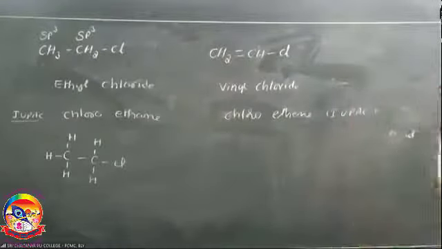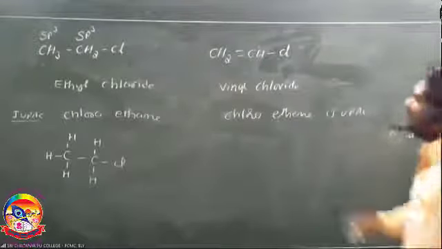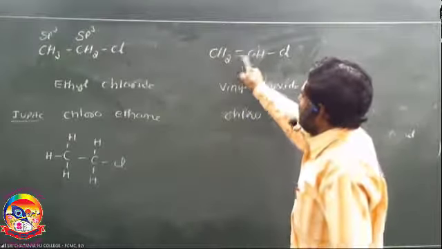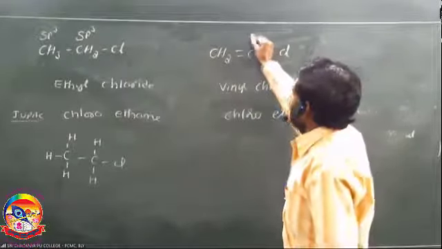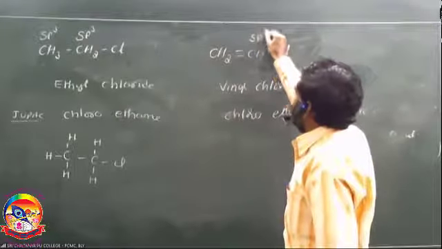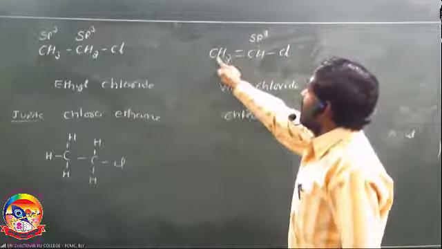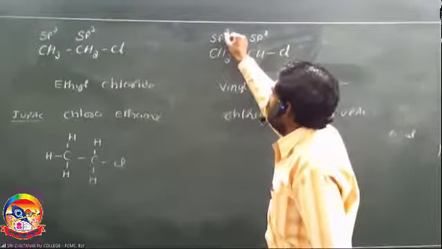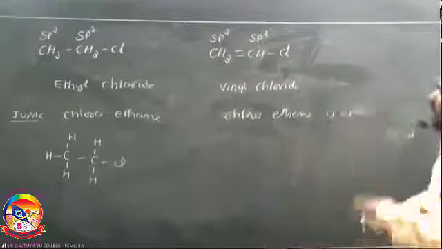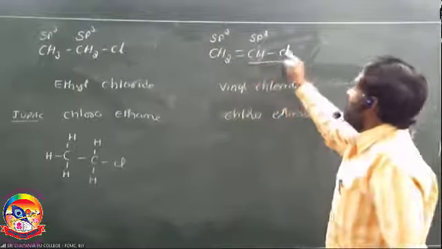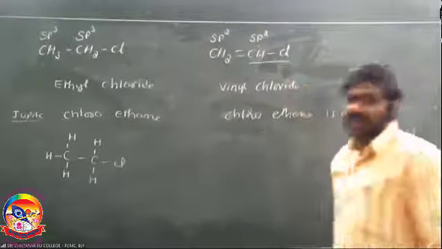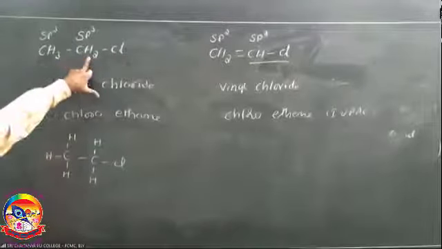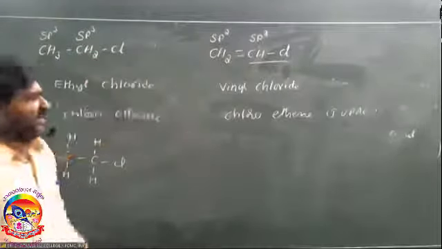So what is the hybridization of carbon atoms in vinyl chloride? It is the first carbon, and the second carbon. This carbon is attached with 1 pi bond, and the carbon which is attached with 1 pi bond has sp2 hybridization. This carbon is also attached with one pi bond, so its hybridization is also sp2. So in vinyl chloride, chlorine is attached with an sp2 hybridized carbon, whereas in ethyl chloride, chlorine is attached with an sp3 hybridized carbon. Okay, so it is a vinyl.